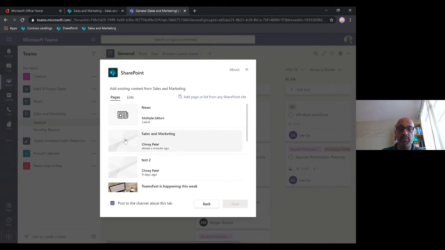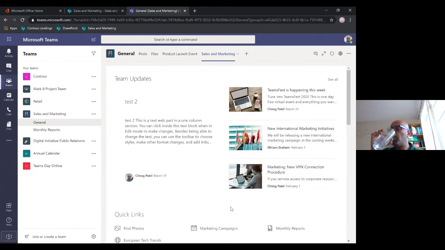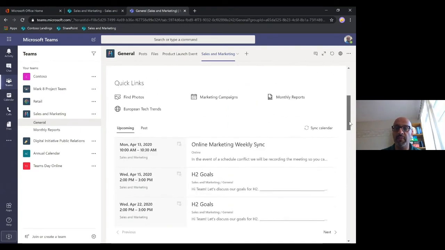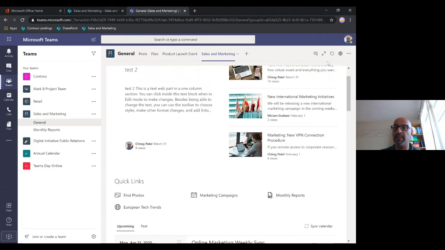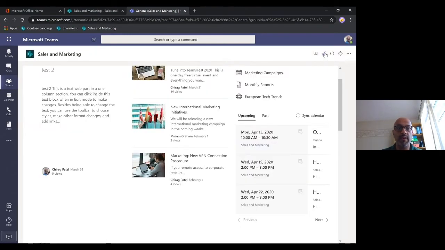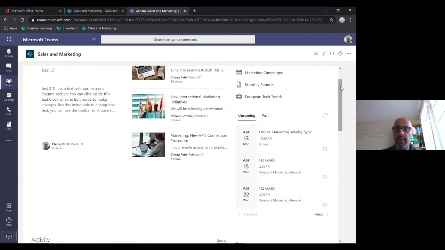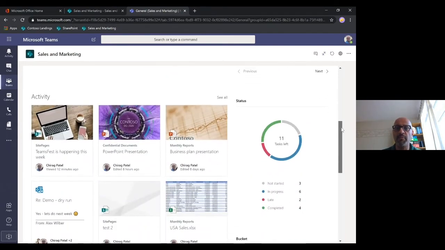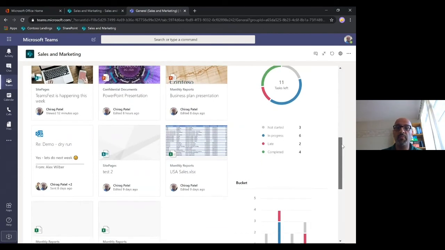So I'll just go ahead and choose this page here, which is sales and marketing, and go ahead and save that. And so now what I've got is essentially that one page from SharePoint, and now I'm basically focusing on my Teams tab here, bringing all that page information within here. Obviously, I can expand that page, sorry, the tab, if I don't want the full experience of the Teams, then I can see the full view of my page within the Teams itself,